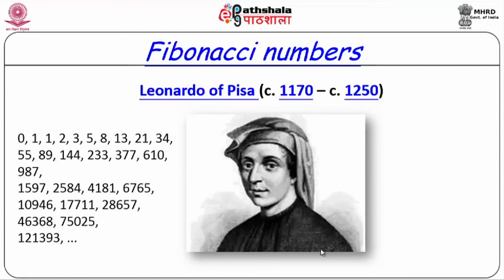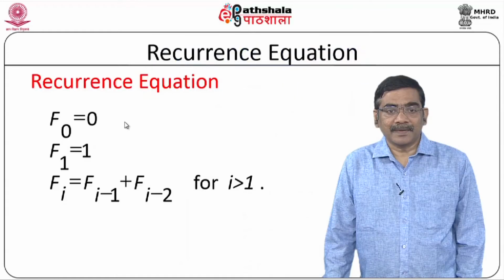For example, if you take the number 5, it is actually the sum of 2 and 3, and 21 is nothing but the sum of 8 and 13. This is a very famous sequence. In an earlier module we talked about how to write algorithms for generating this sequence. In this module we are going to discuss how the dynamic programming approach is effective for generating it.